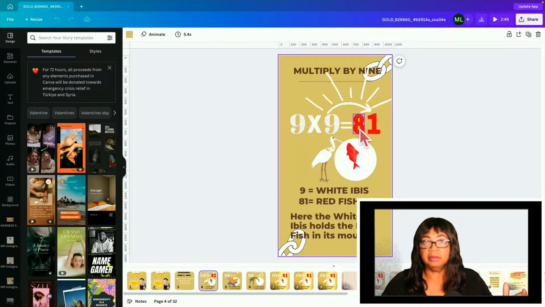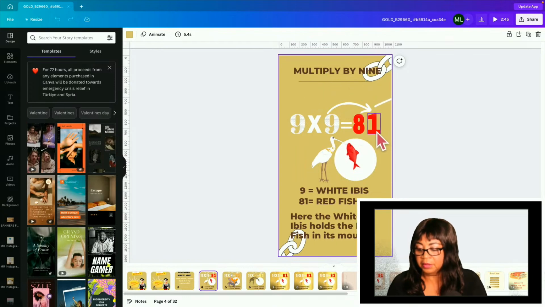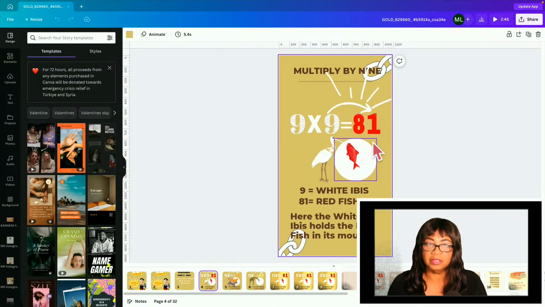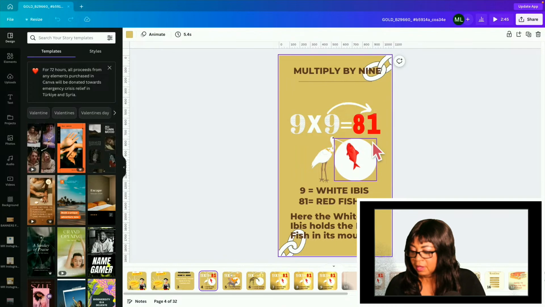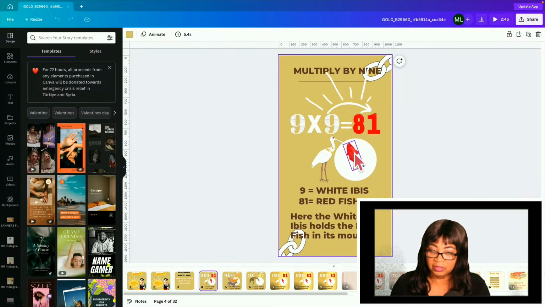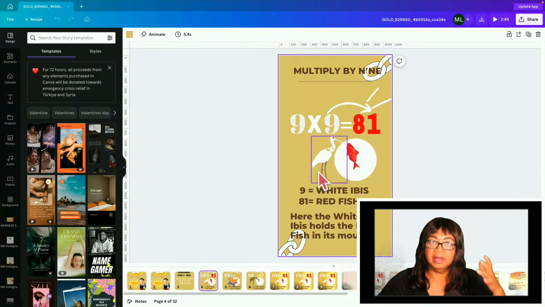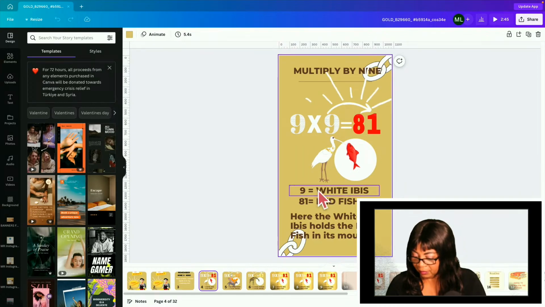The 80s series, you have like 60s, 70s, 80s, and so forth. The 80s series represents fish or fishermen. A lot of these have biblical tones or overtones to them. So if you imagine the white ibis with red fish in its beak, you will be able to picture 9 times 9 is 81. Okay, so